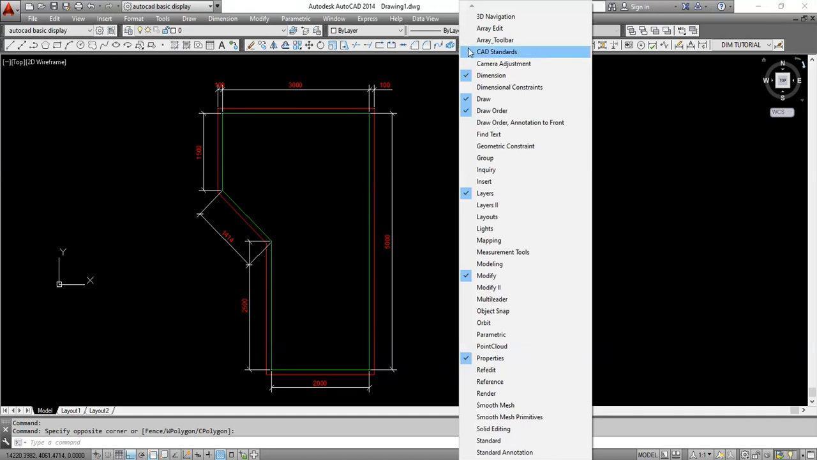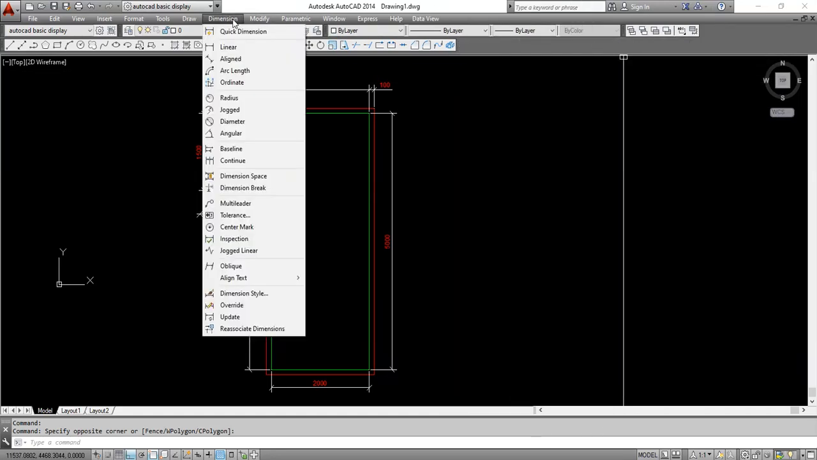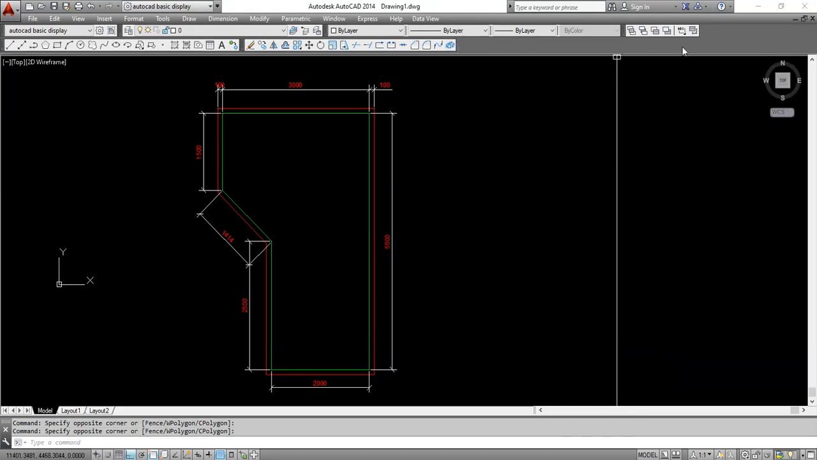usually the dimension is not here, not there, it's here on the tab. Linear, aligned, arc, this one, all of these you can use as dimension. Now, how to put these dimension icons here for us to easily click the dimension that we want, not on